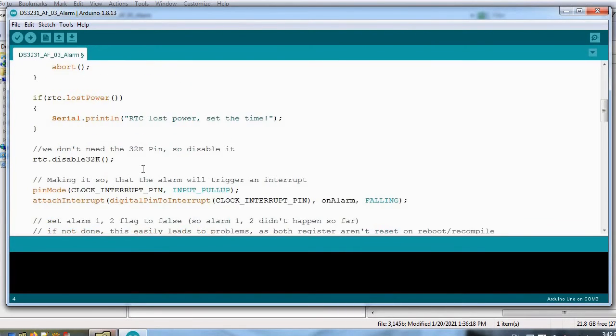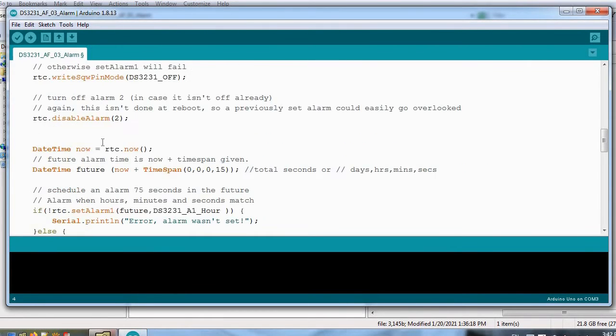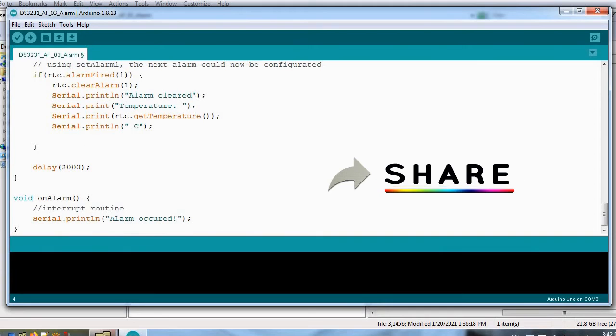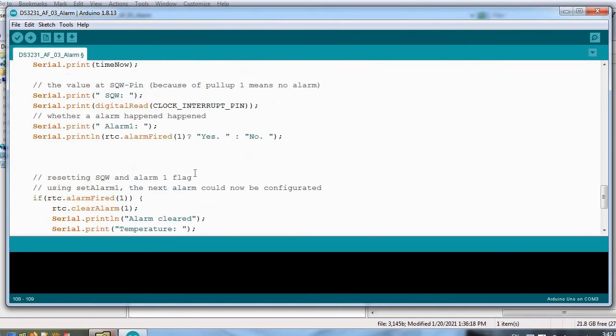Okay. There are some mandatory things to be done here, like attaching interrupt and all that. Okay. When interrupt occurs, it goes to on alarm. Okay. This is the one. On alarm, we are simply saying alarm occurred.